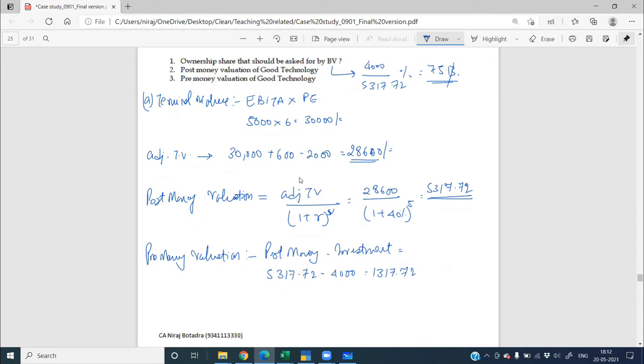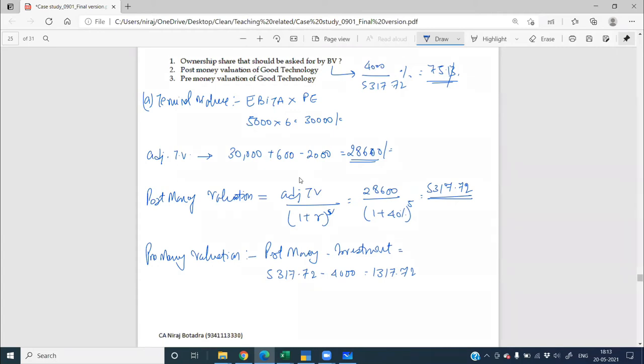तो नीरज जी मैं कहना चाह रहा हूँ जो पोस्ट मनी वैल्यूएशन है, we can say it is the present value of the terminal. Correct sir. Present value of the company. हाँ, sir see, you think logically ना. आप अगर if you are an investor, okay, you have to decide that you want to invest in this company or not invest in this company. And if you are investing, what you will say ki I want to first know what is the value of the company today. Basis that I will decide what amount I'm going to invest.